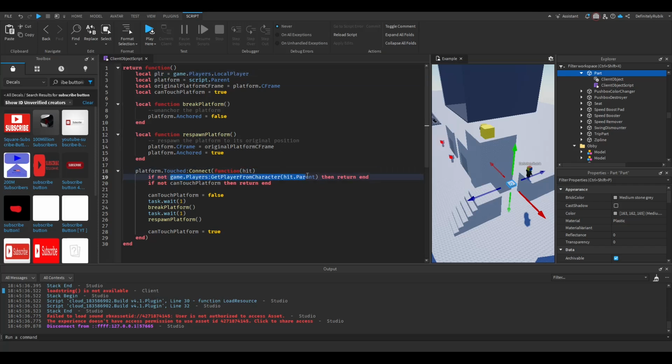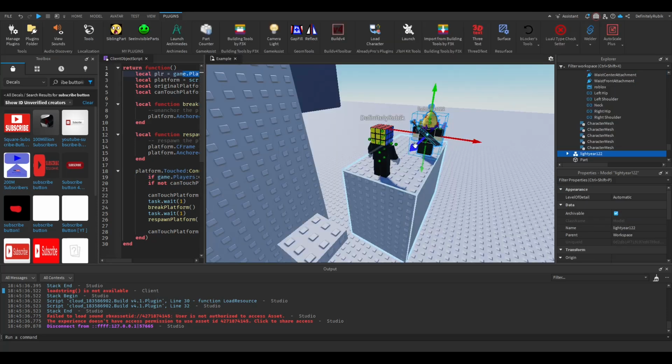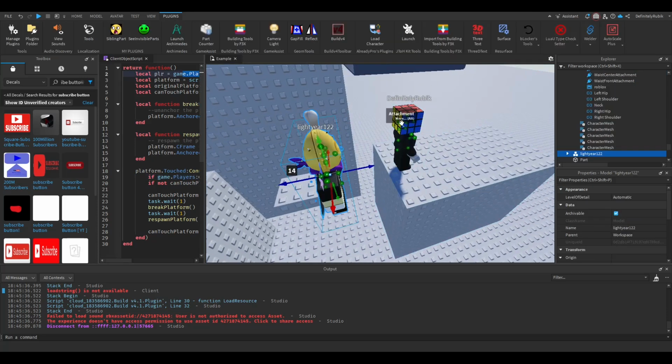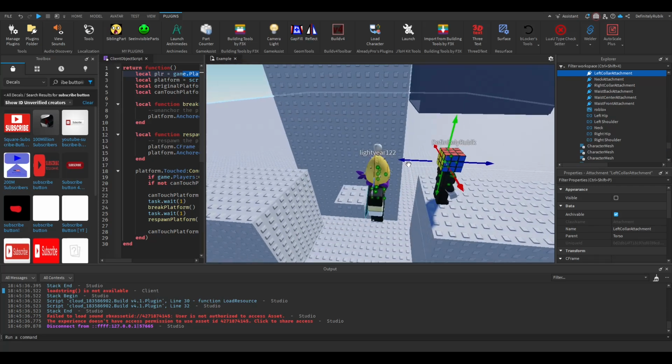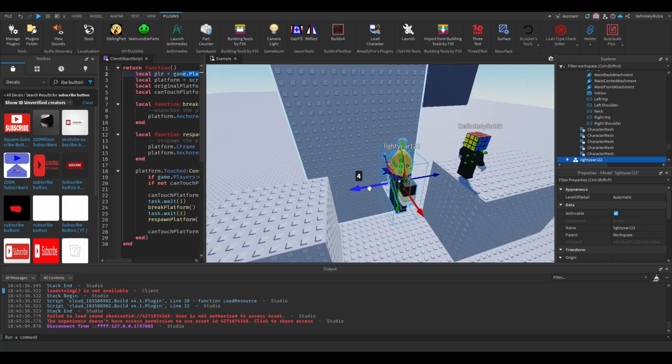And you'd have to use this function and say, okay, is this player, and you have to modify the function to say this. So if there's multiple people and this is our player, this is the player that the client object script is working for, but then some other player touches this part,